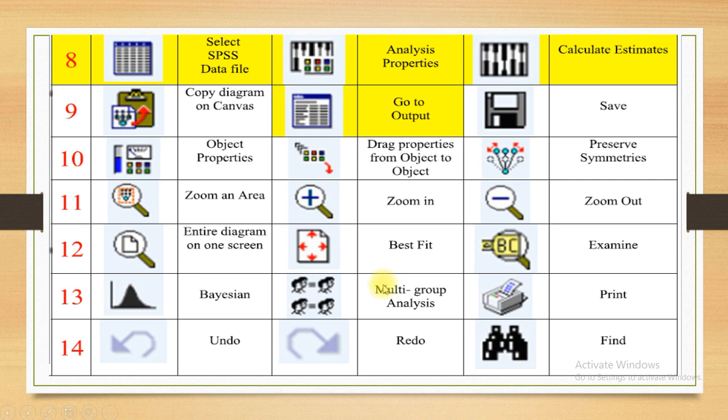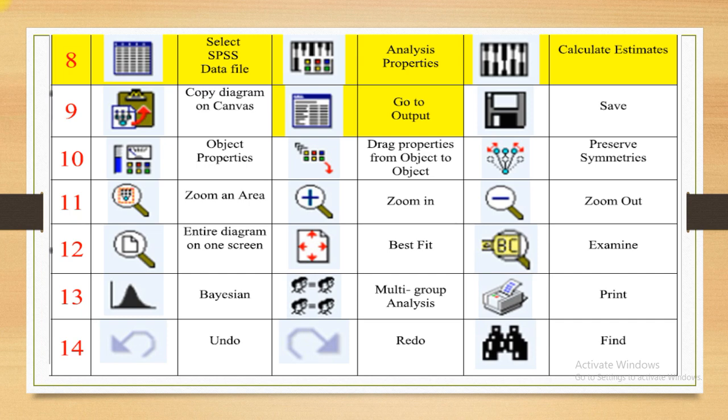These are some of the tools that are also found in the AMOS toolbar. We have the select data file, the SPSS data file or the CSV file. So when you click on this, it will send you to the location where you saved your documents or your files so that you can select the particular file you are going to work with in AMOS. Then the next one is analysis properties. After calling for your data from your SPSS or CSV file or other related files that are accepted in the AMOS software,